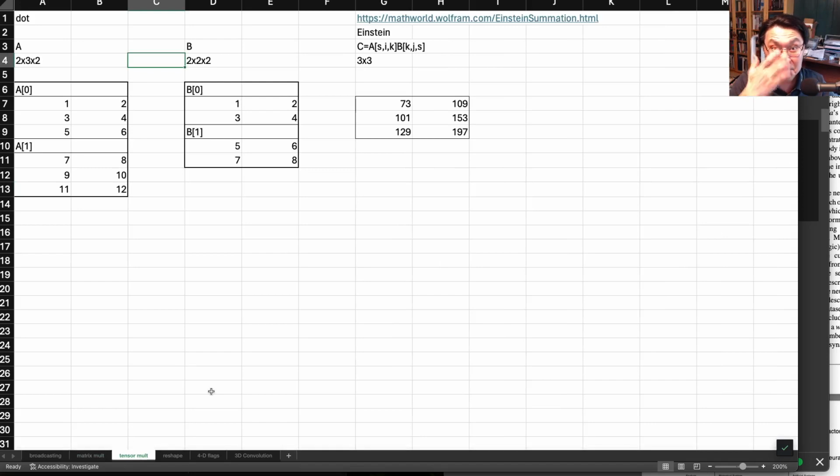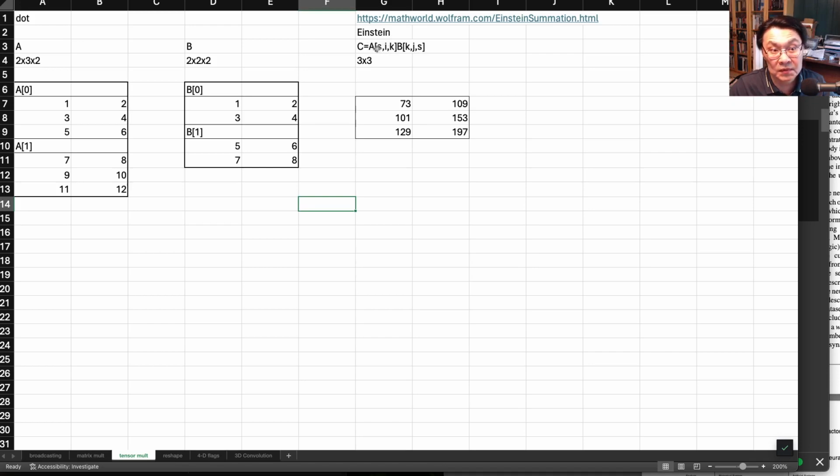The tensor multiplication is much simpler. Tensor multiplication does the following thing. Here we are using Einstein notation. I gave you the link, you can follow it and read about it. But Einstein notation is kind of easy. When you are multiplying two matrices, you list all of their indices, and whenever the indices are repeating, you